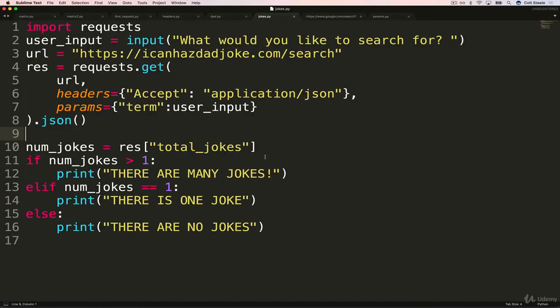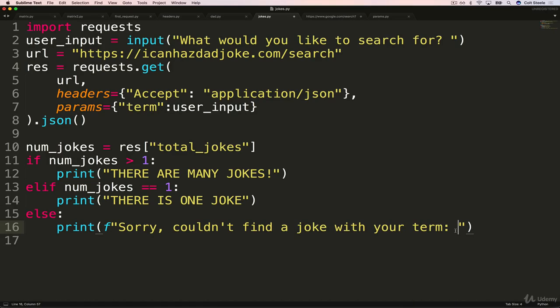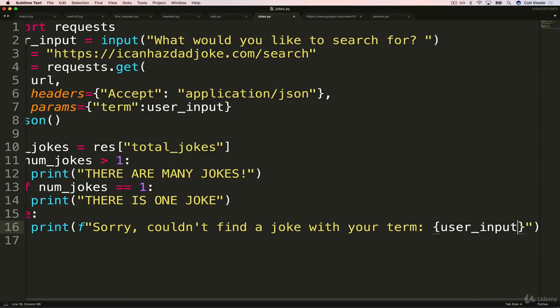Cool. So now what's the behavior we want? Well, the else part is easy. Let's just change this to, sorry, couldn't find a joke with your term. And then let's do an f string and then add in, what is it called? User input. Like that.